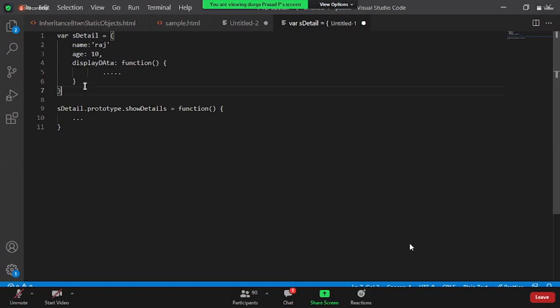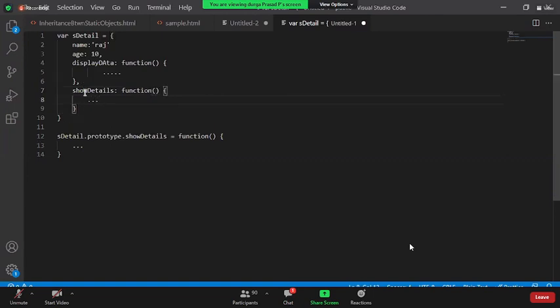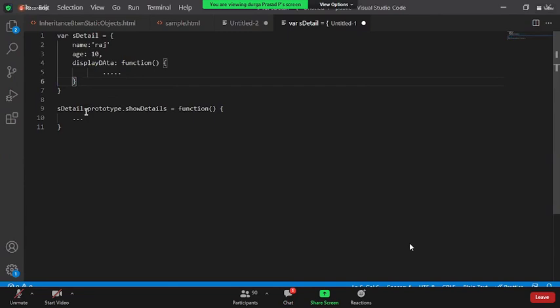If you are defining this, obviously you will say comma, show details, some function. This is what you do. But what if you don't have this object? You are not defining this object. Someone else has created it and it's already available. Then how do you do this? That is where you have the prototype. Using the prototype outside of the object, you would be able to inject behaviors into it.